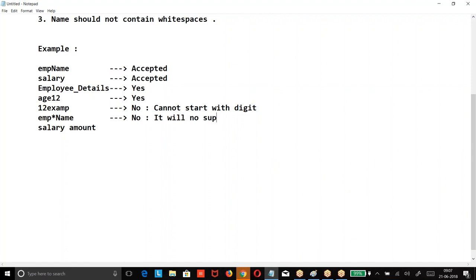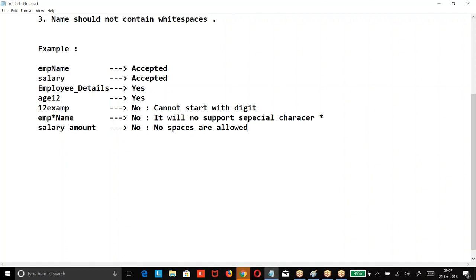It will not support special characters. Is it accepted? No, spaces are not allowed. Identifier name can be anything of your choice, but it has to obey the rules.